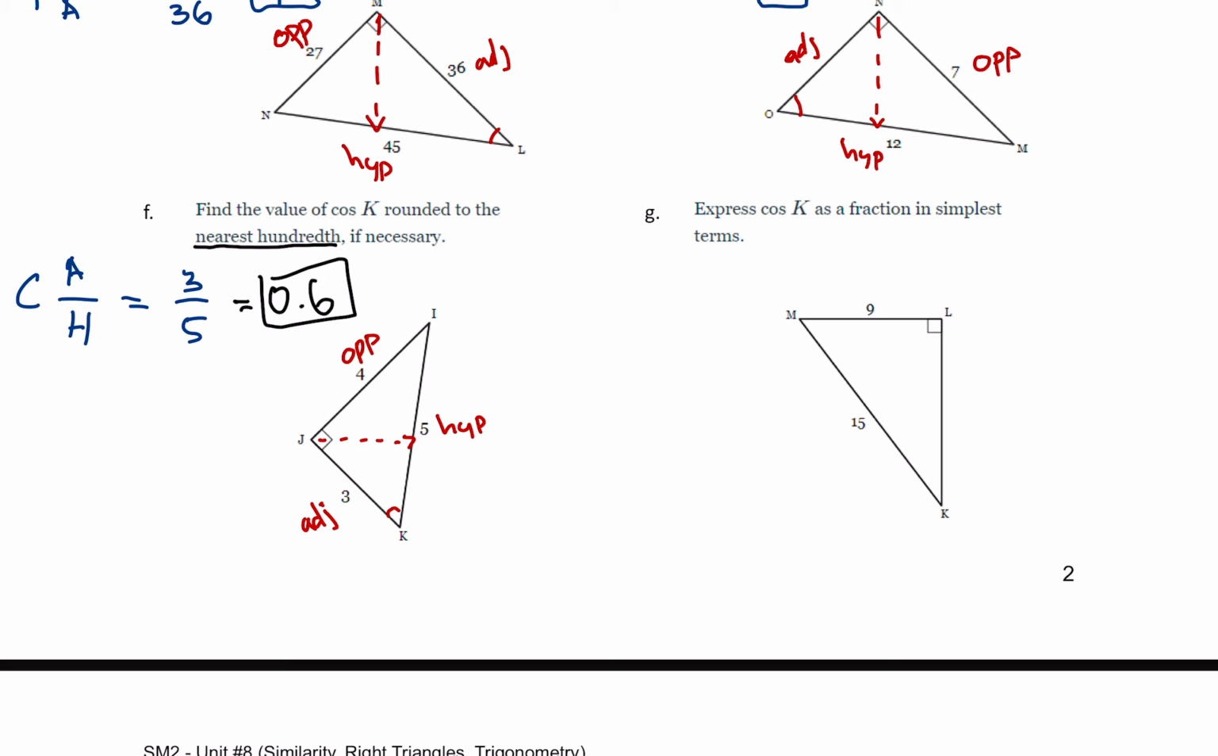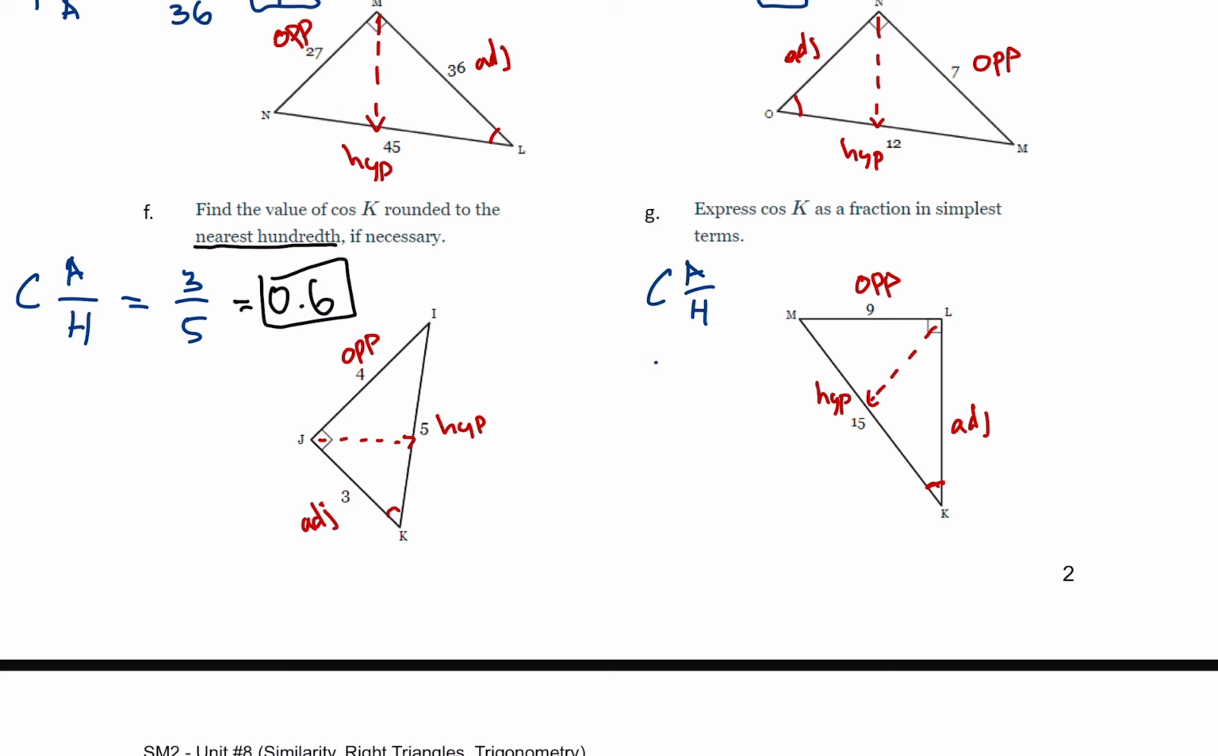Okay, we'll do one more together. It says G, express the cosine of K as a fraction in simplest terms. So we're going to use K as our angle. And then we've got to label our sides. Our hypotenuse is the first one I'll label. Our adjacent is always touching this angle. So this is our adjacent. That leaves 9 to be our opposite. I'm using the cosine of K. So cosine is adjacent over hypotenuse,